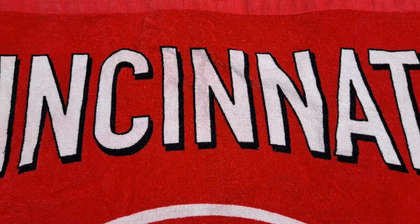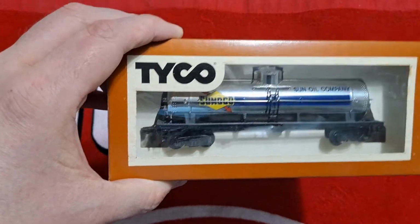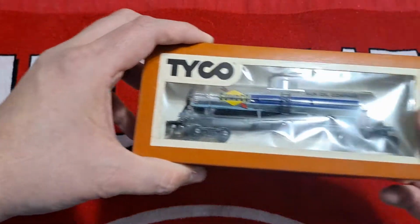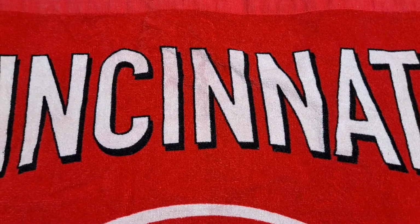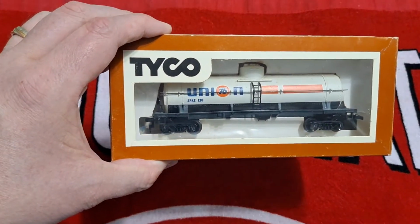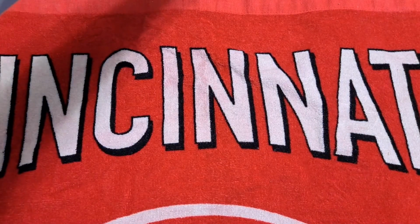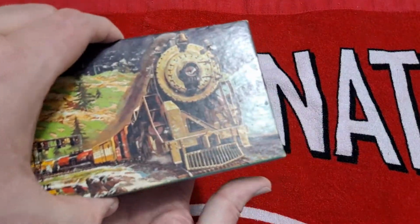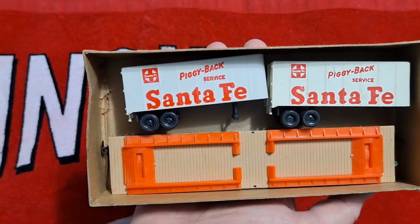And then we've got another chrome tank car, Sunco. So I now have 3 of the 4. I'm missing the Texaco chrome car. Hopefully I can track it down soon enough. Then we just have a regular Union 76 tank car. And it's in an Athearn box, but this is Tyco, if I can get it open here. And we've just got a